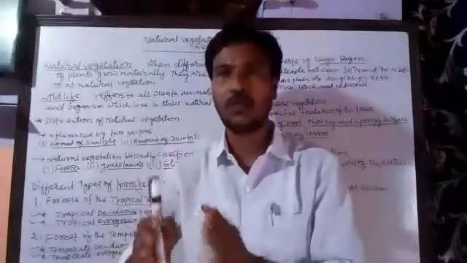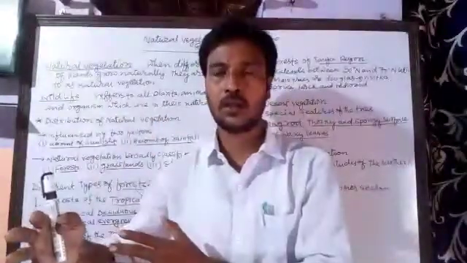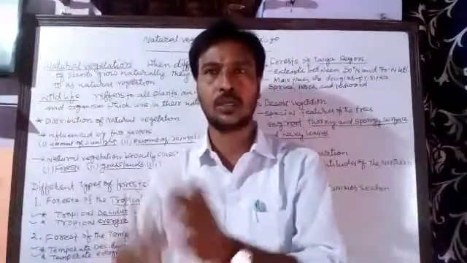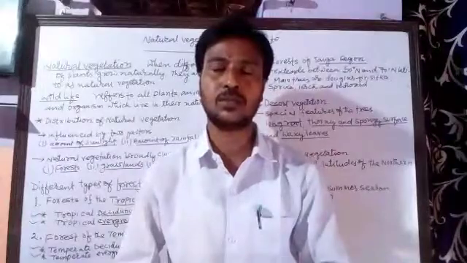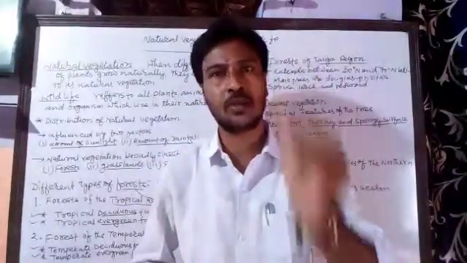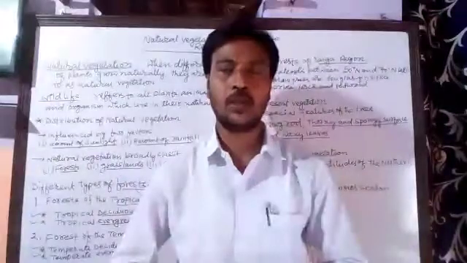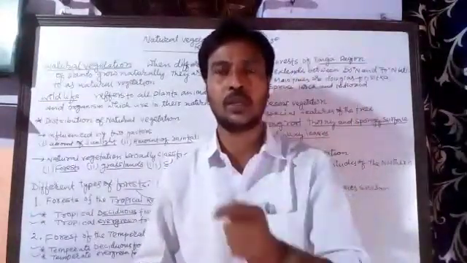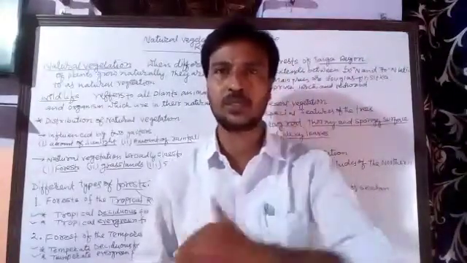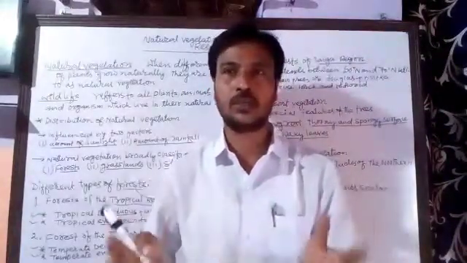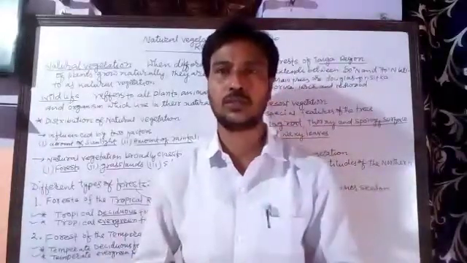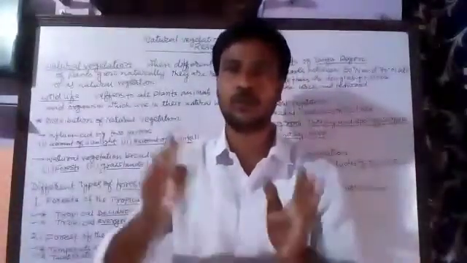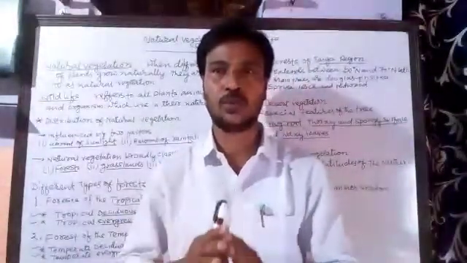We know the areas that receive more rainfall, high rainfall between 100 to 200 centimeters annually, also have evergreen forest, very thick forest. Whereas the areas that receive very little rainfall, for example desert areas, where the rainfall is even less than 50 centimeters, grow only thorny bushes like cactus, date palms and so on. So you can understand, because of the rainfall and because of the temperature, different types of forests grow in different places.